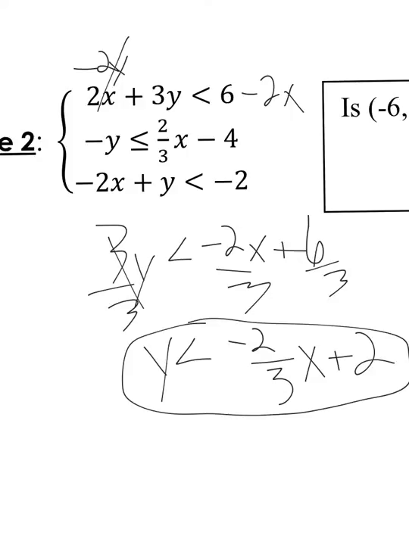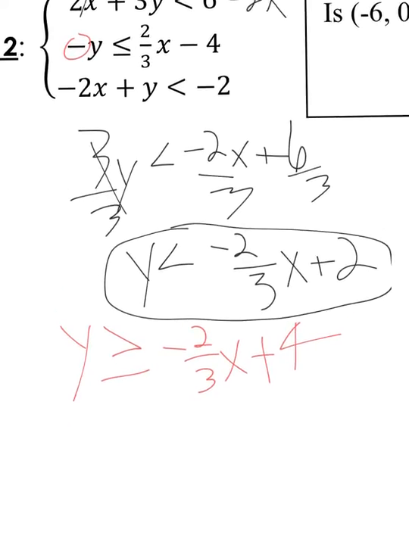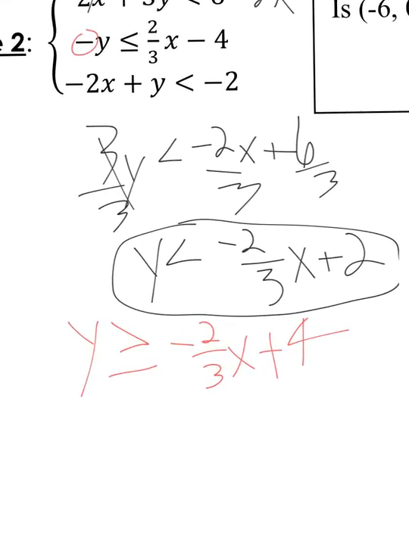The second one, you have that negative, so it's not ready to go, but it's easy to remember. If you have a negative y, flip all the signs, including the inequality sign, and then it'll be ready to go. Okay, so that's going to give me negative 2/3 x plus 4, and now it's a greater than or equal to sign. And so this last one, I know I can add 2x to the other side, and so